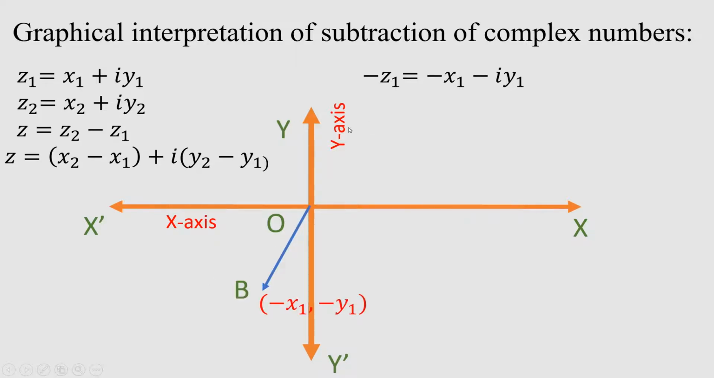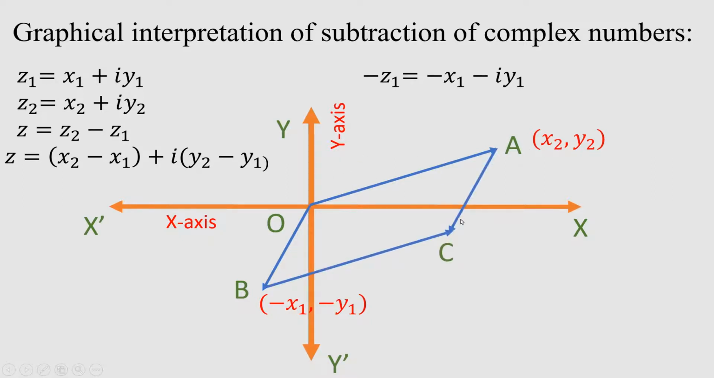Therefore, OB is the modulus of z1 and OA is the modulus of z2 here. Now, from parallelogram, C represents the complex number z2 minus z1, and modulus of z is equal to OC. Now, I have to find the coordinate of C. For this, draw a perpendicular BM and form a triangle